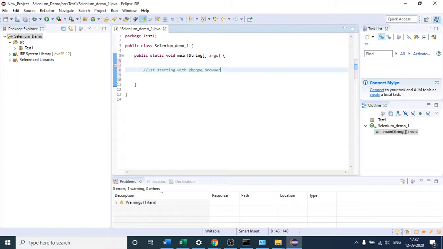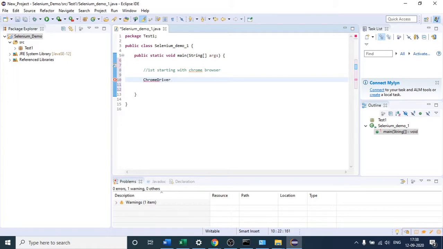So for learning purposes, I will suggest you to go with Chrome browser only. You should not go with Firefox or Internet Explorer browser. Chances are that you might face some kind of unnecessary error because Selenium is not stable with Firefox and IE, but it is more stable with Chrome. So here I am first coming to Chrome browser. So how you are going to invoke Chrome browser in your system? As I have already told you, Chrome driver is the class. D will be capital.